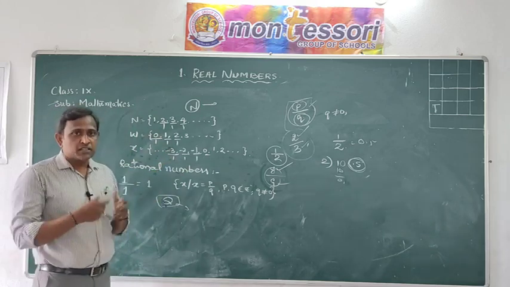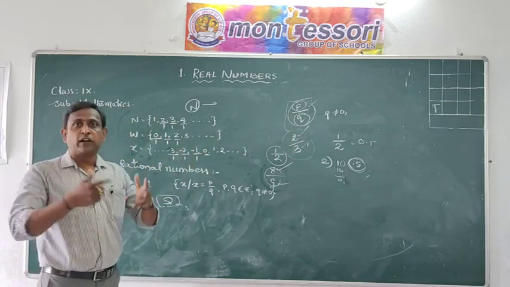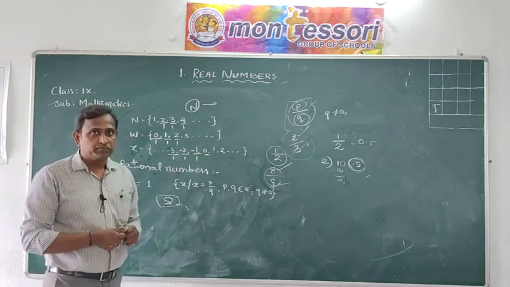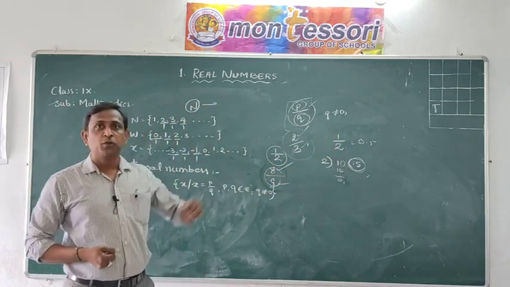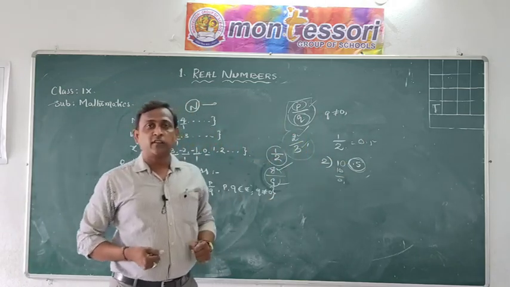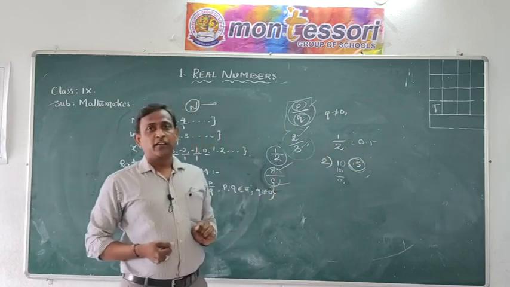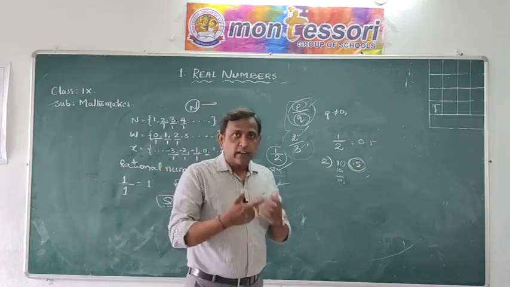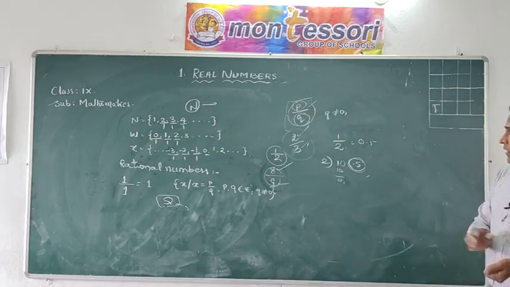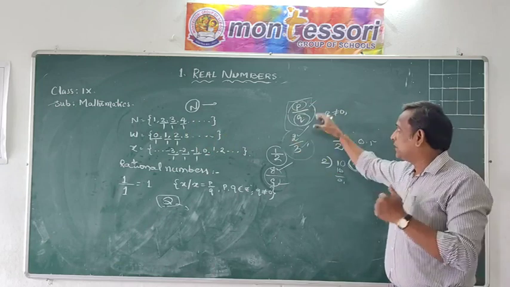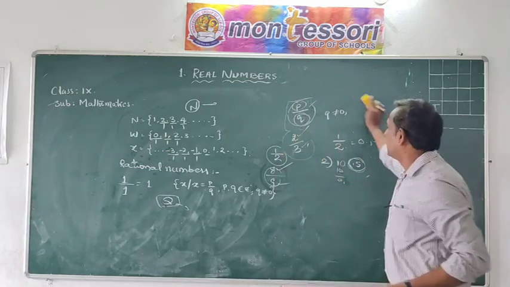But one thing, I am asking you one question here: can we write the rational numbers only in these forms? Are any other forms available to write a rational number? Think logically. I have explained already that 1 by 2 can be expressed as 0.5 also. Then is 0.5 a fractional form? No, it is the decimal form. So rational numbers can be expressed in decimals also. So if you observe all these varieties of fractions, what do you get here? Let me explain here.